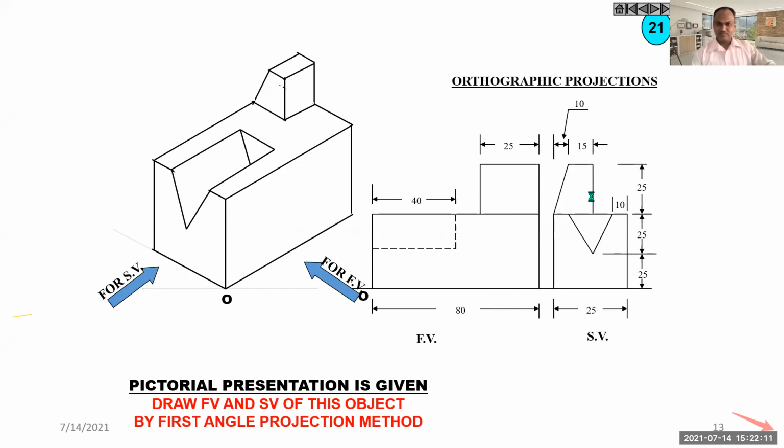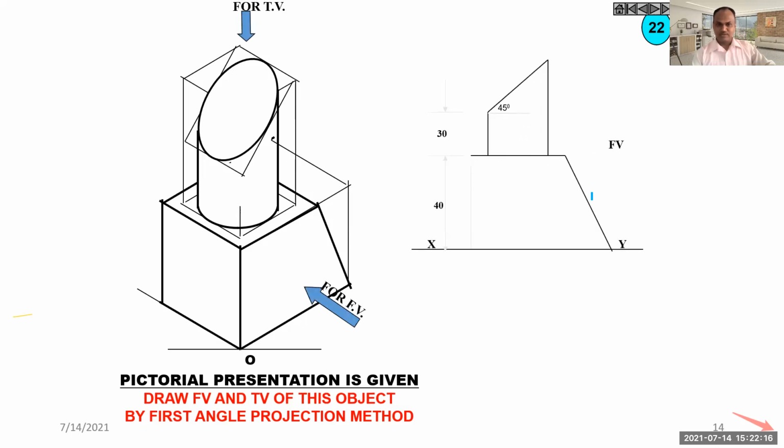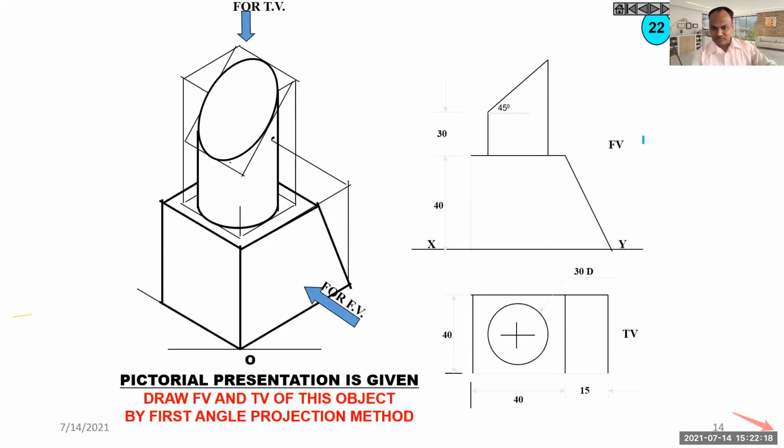Okay, so this type of example will come in your examination, and you have to find out what its top view will be. Okay, they have not completed it, and the line is not complete here, but you have to imagine that. Okay, I'll just draw that line for you. So in this case, the front view will be a small trapezium, and this semicircular portion, also a completely circular portion, but it is cut. So in front view, it will be seen like this.